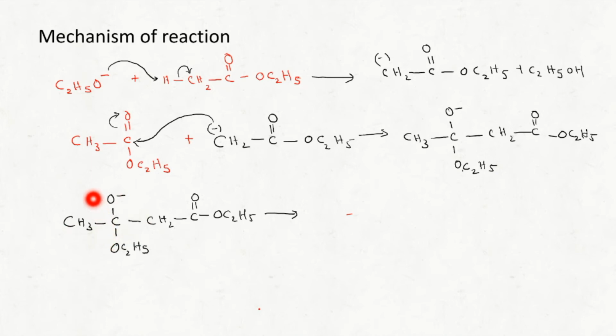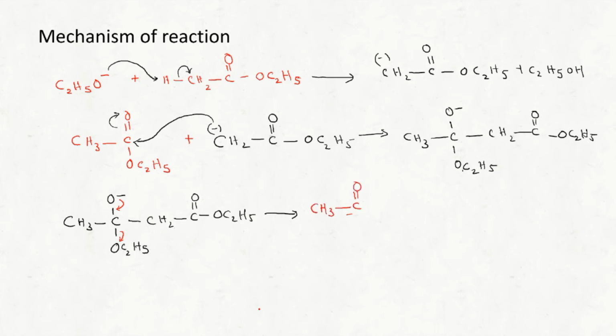The species which is having a negative charge on oxygen was stabilized by grabbing one proton from the medium. There was no leaving group at all in that case. But see, in this reaction, there is a very good leaving group, that is OC2H5. Because of that, this negative charge will be coming back, leaving this group as C2H5O minus. Now write and see what will be the product of the reaction.